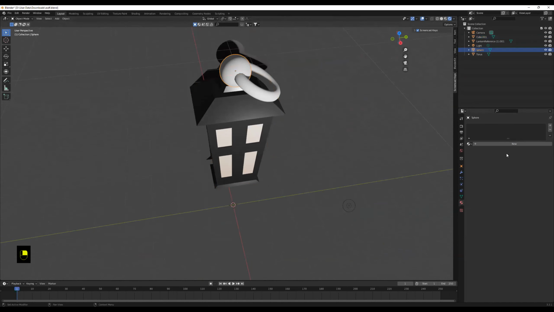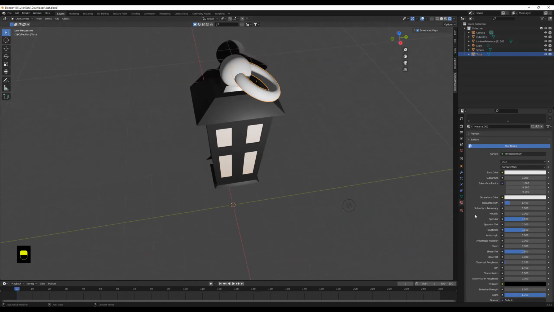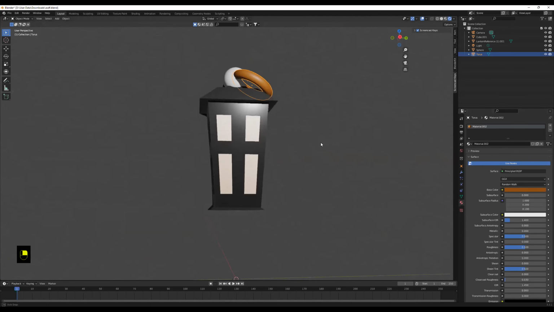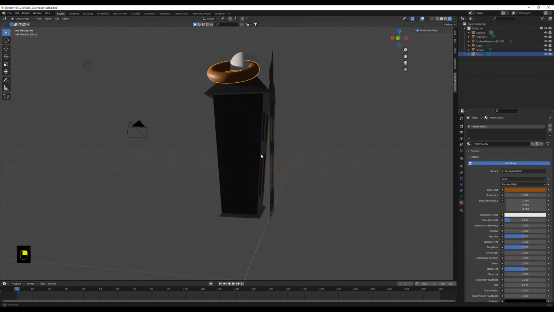For the top, these two, the handle and whatever, it's basically the same thing as before. You go into the base color and you can change the color either to the gunmetal gray as before, or I prefer a brown color. You basically just play around in those color settings until you see the color you like. That's how I do it. Once you've done all of the faces,